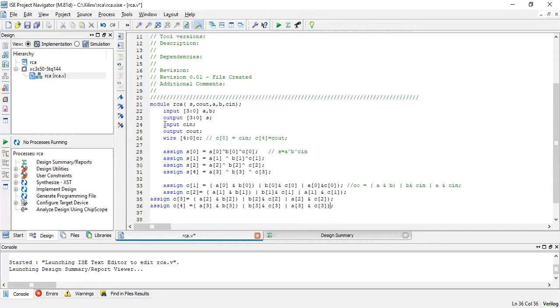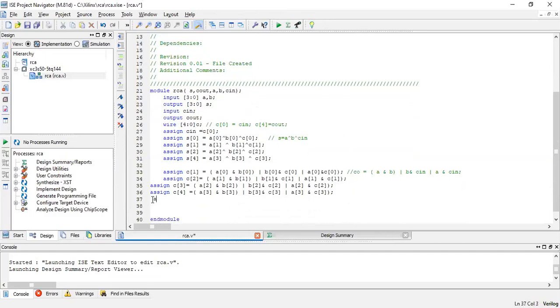But what did I write over here? Input is C in, output is C out, right? So I can write one more statement over here. Assign C in is equal to C of 0, because I've written C of 0 as the input. Then in the end, I can write assign C out is equal to C of 4. You can write it in any order, no problem. That's all, that is our ripple carry adder.